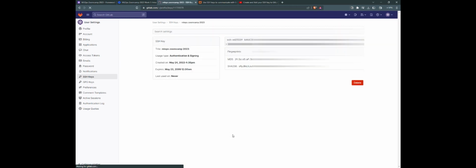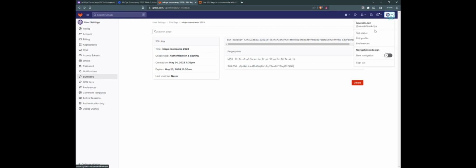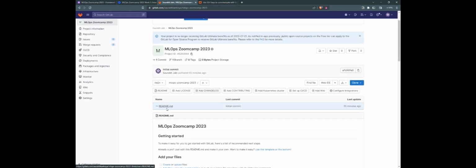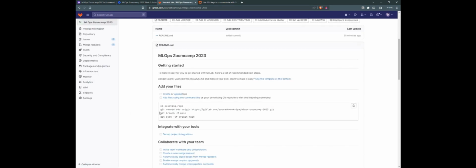So we have added our key to our GitLab account. We have our keys added. We will go to our repository, and from this readme instructions we will set up our git. So we are already in our working directory. I'll copy the second line,